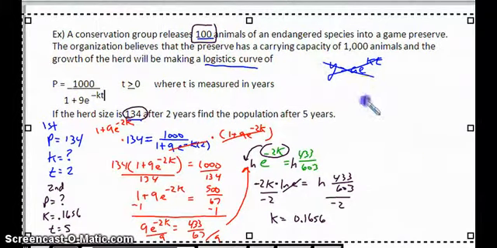P is equal to 1,000 over 1 plus 9e raised to the negative, from here, the fact that k is negative even though it's positive down here, 0.1656 times 5. Now when you do this, let's get an answer for this denominator first. When I go through and I do 1 plus 9e raised to that negative exponent, I end up getting